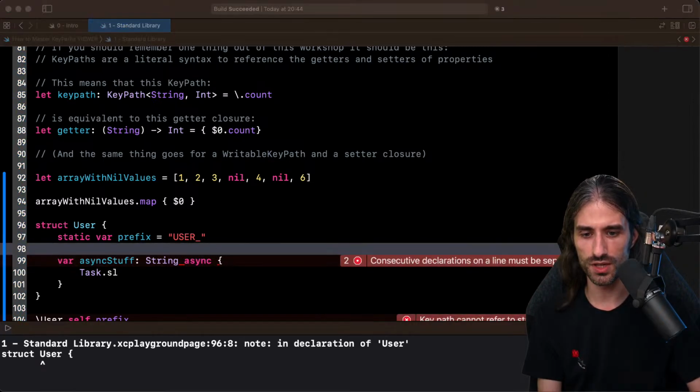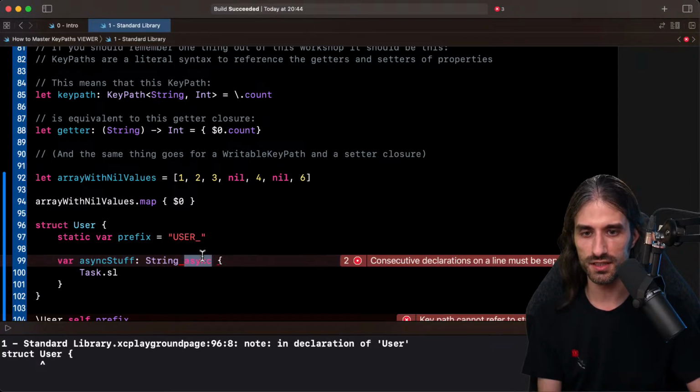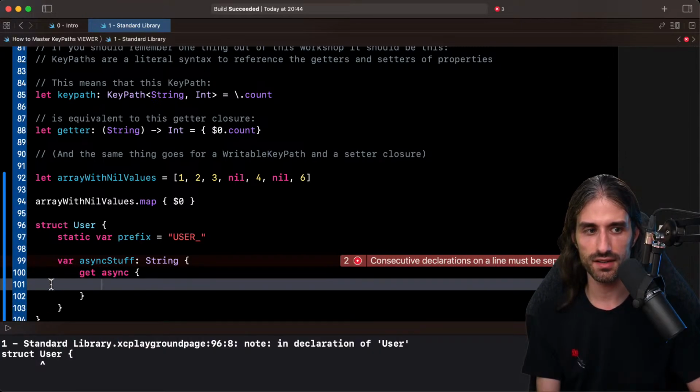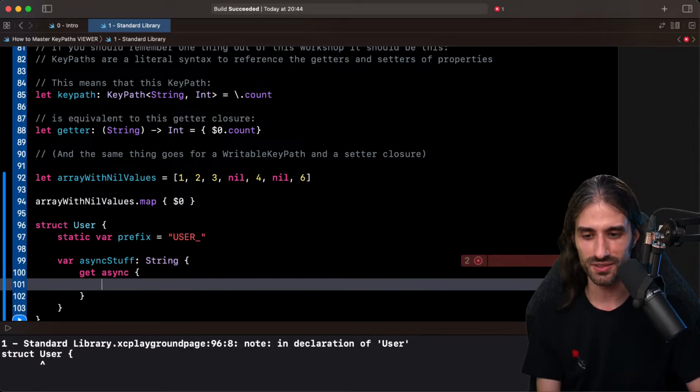I'm going to do a quick Google search to make sure. So Swift computed property and async. How to create and use async properties. Okay, so it's more subtle than that. You do a property just like any other property, and then you say the getter is async, and then you can do it. Yes, thank you.